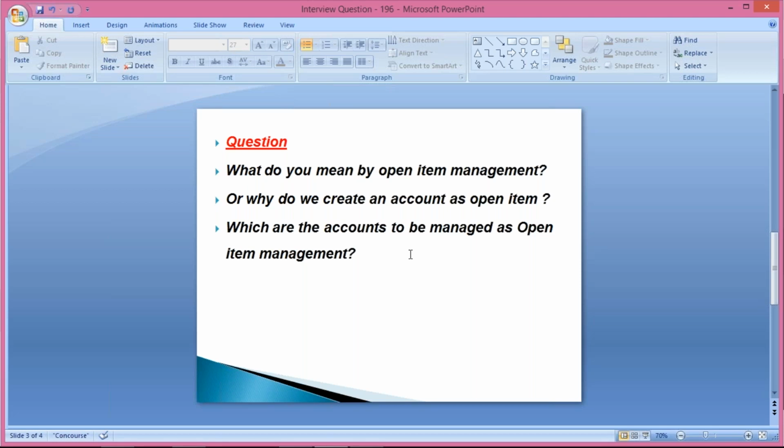And apart from this, one more very important GL, guys, that is called the GRIR clearing account. You are well aware of this. During FI integration, this GL comes into the picture. So even this is also going to be set up as open item management itself. So now we'll come back to our